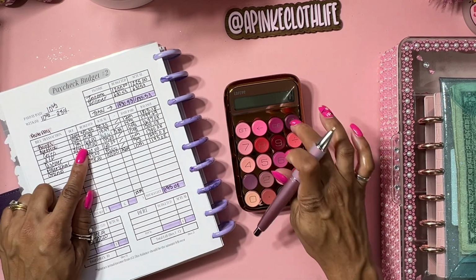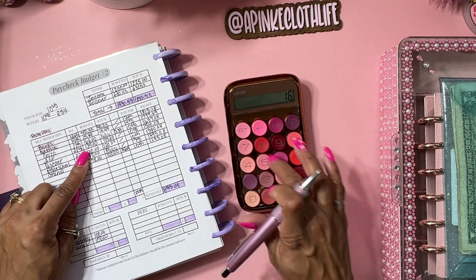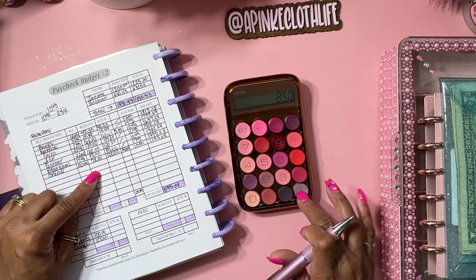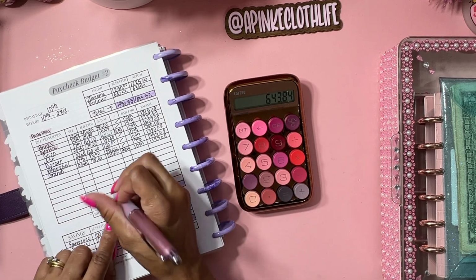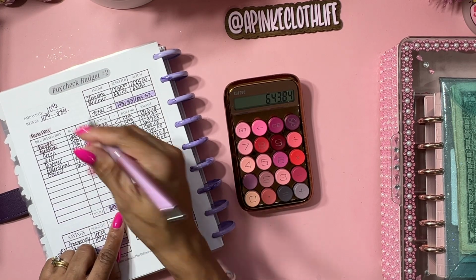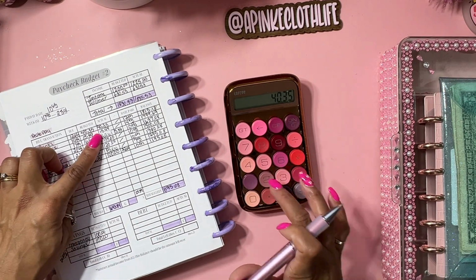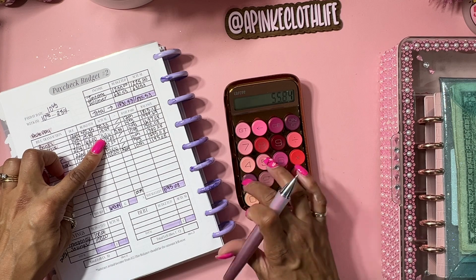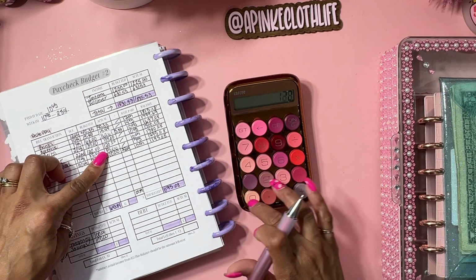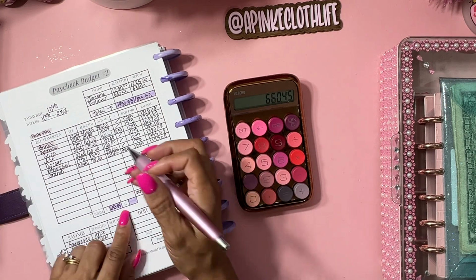Okay, so let's go ahead and add this up. So we got 40.35 plus 1,549 plus 168 plus 137 plus 120, 85, 78. Okay, so we should have paid $643.84. This is what we budgeted. This is what we thought we were going to pay. So what we actually paid is going to be the amount that you use at the end, because you want to put your exact amount that came out of your checking account or your cash. Okay, so actual was